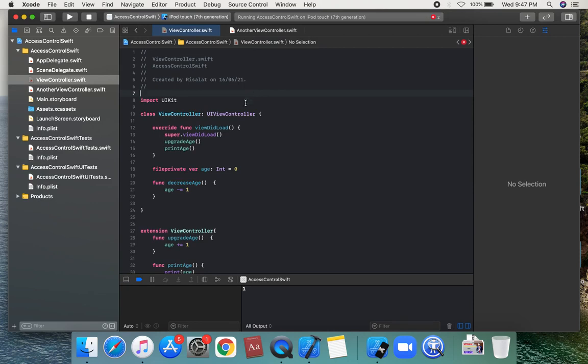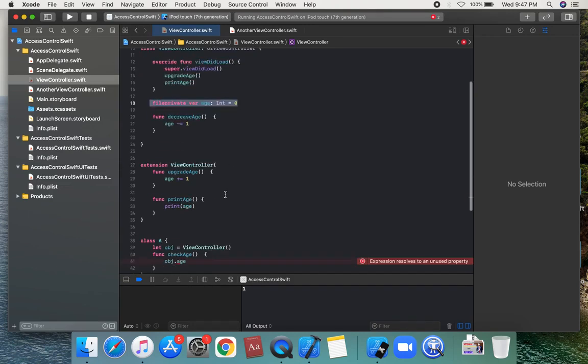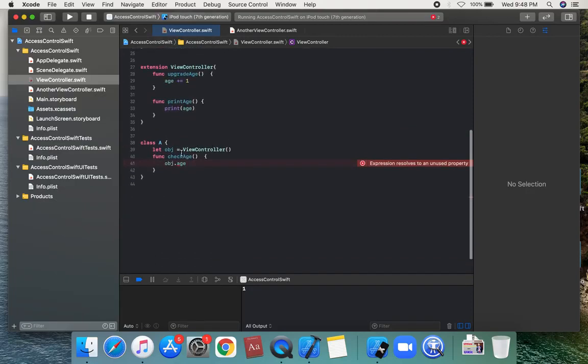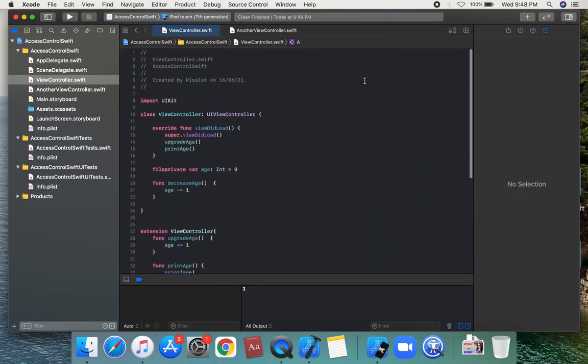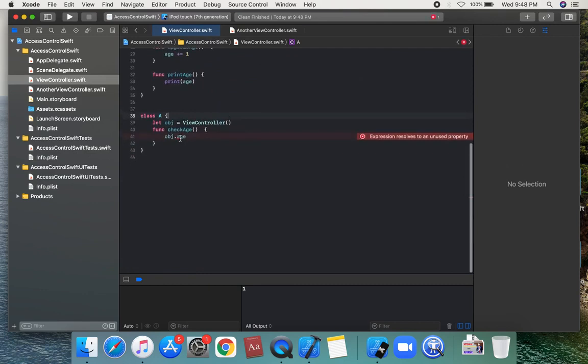And if you declare any property as fileprivate inside a class, then this property would be accessible inside that class, all of its extensions, and another class in the same file. And Command Shift K to stop on this property.